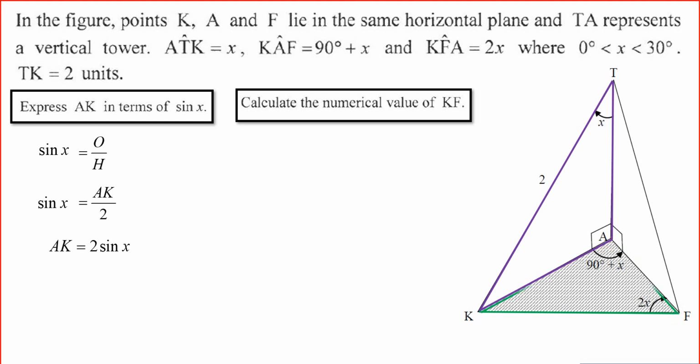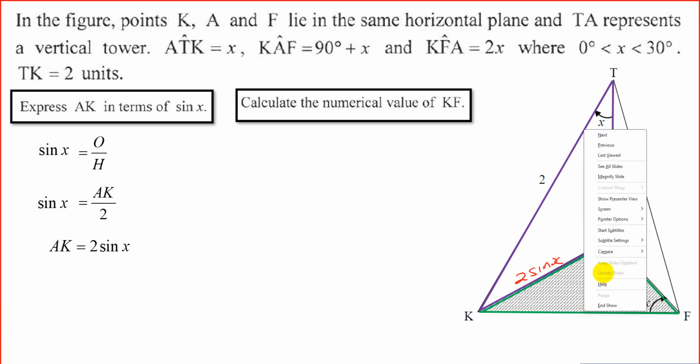So we're going to highlight the triangle, and you can see I've highlighted it in green. We want to find KF. The angle opposite KF is known to be 90 plus X. Also remember, in our previous question, we found out what AK is. I'm going to make a note of that: AK was 2 sine X. And by using the sine rule, which is